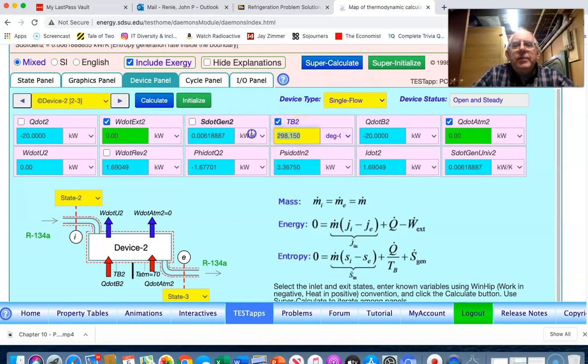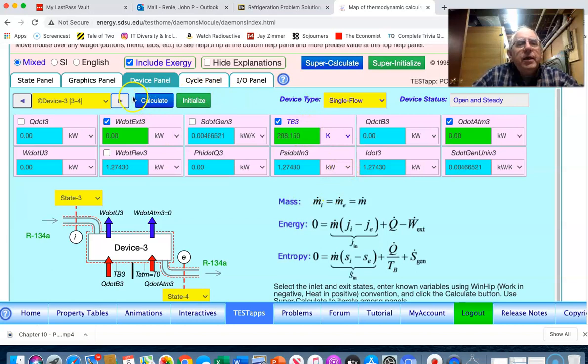And so the TB for this particular case is 50 degrees Celsius. And so again, this heat transfer is actually being transferred in exergy-wise from a temperature that is the warm medium's temperature. Okay, then when we go to the expansion valve, there's no heat transfer,